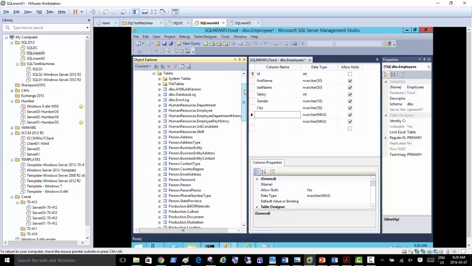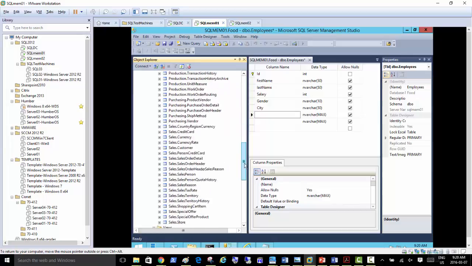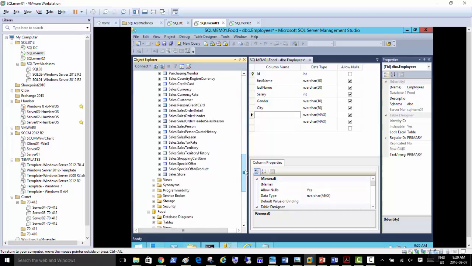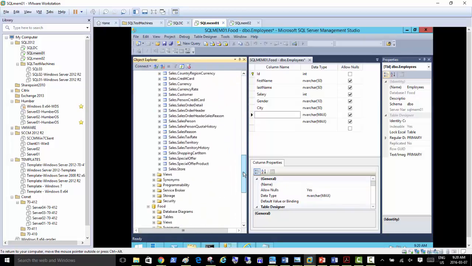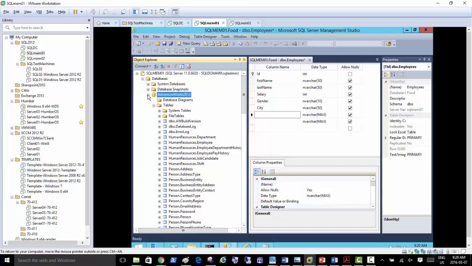If I go to the tables, there are a huge amount of tables here: human resources, department, employee, job candidate, and you can see there is a table for every aspect. Wherever the data you need to collect, there has to be a table for that, right? So how many employees, how much sales happened, how many visitors per month, per year, and what food stalls are there, and everything. So electricity bills, everywhere. So you can create a table for anything, whatever has data, right? So this is how tables grow.